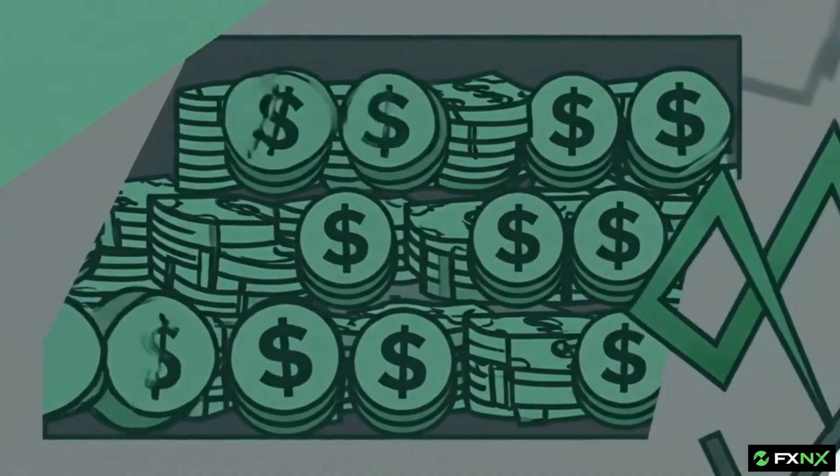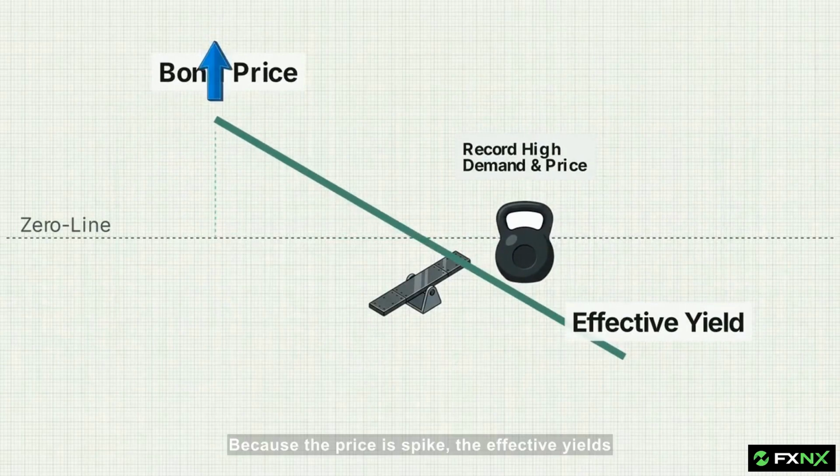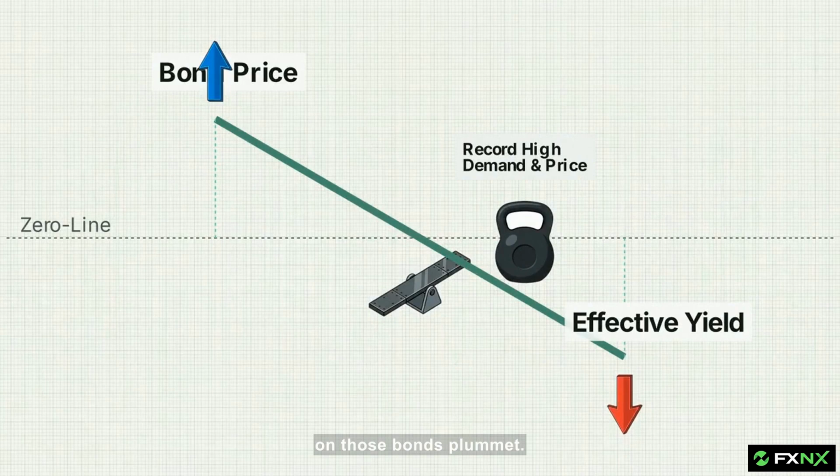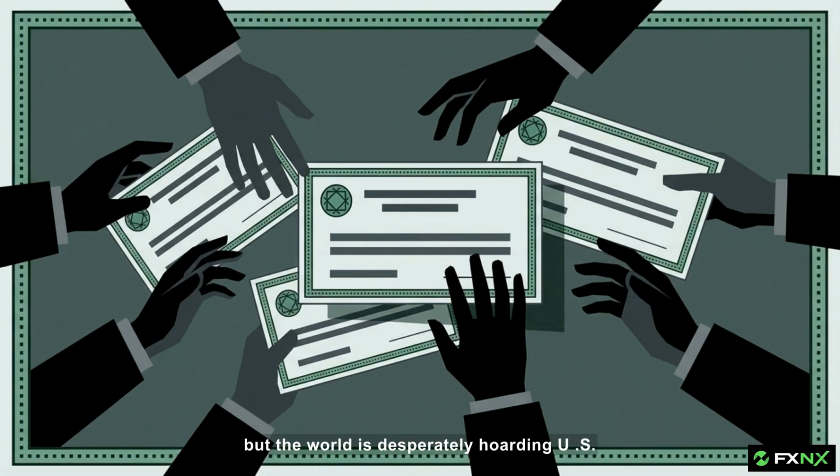Remember our seesaw. This massive panic buying drives U.S. Treasury prices to record highs. Because the prices spike, the effective yields on those bonds plummet. Normally, plummeting yields would make a currency far less attractive to hold, but the world is desperately hoarding U.S. debt to survive the panic,